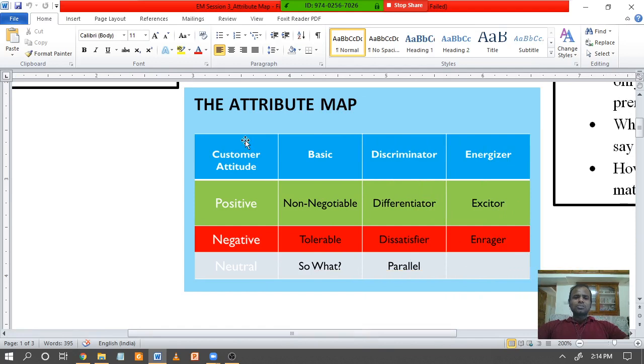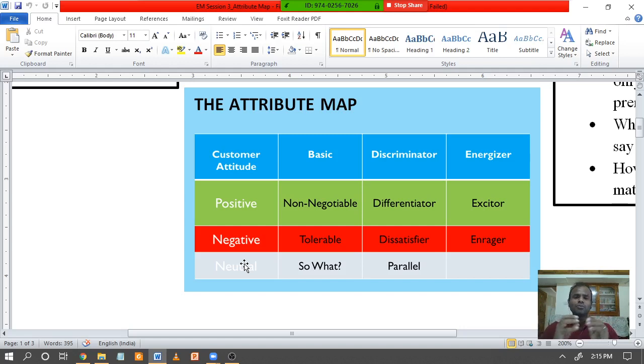Now, to quickly revise, an attribute map is actually a tool. It's a simple mapping technique to arrive at a product that the customer needs. As an engineer, as a developer, mostly we create products or projects. When we do projects and products, we think about the complexity more. We think about the features more. We think about how good the product would be, but we rarely think from the perspective of the customer. What does the customer want? What are his physical needs? What are his emotional needs?